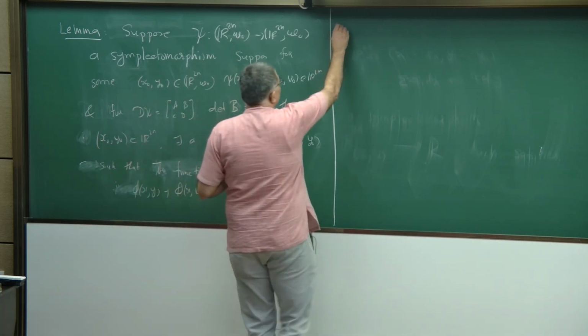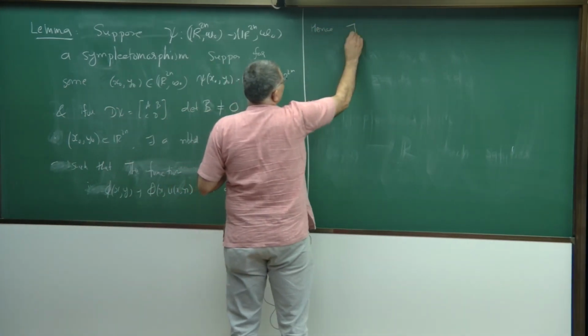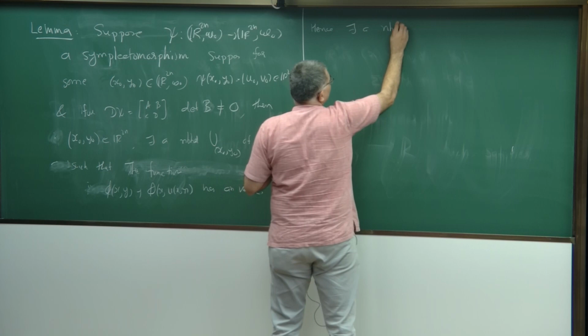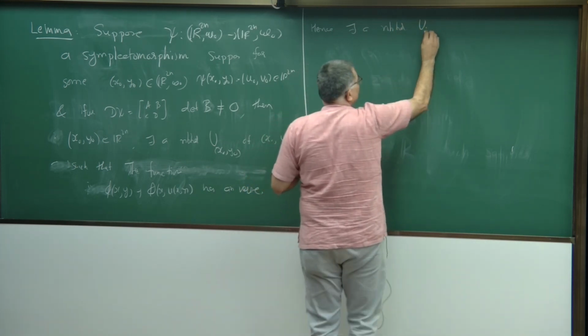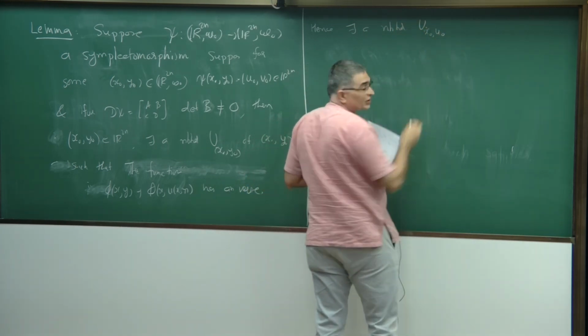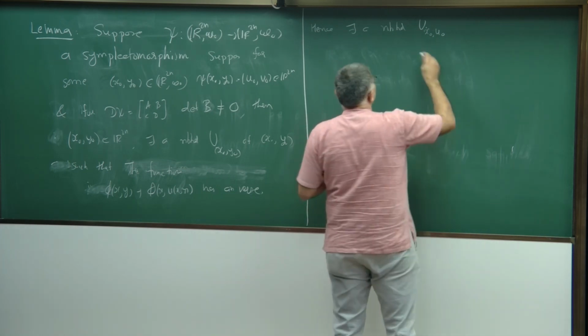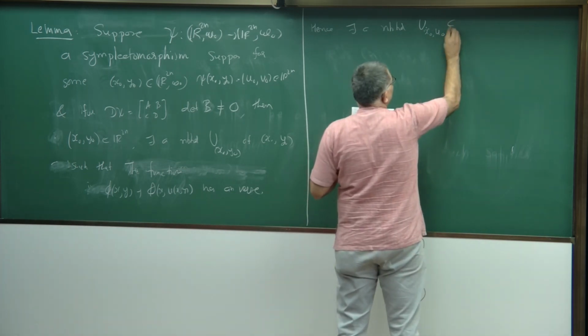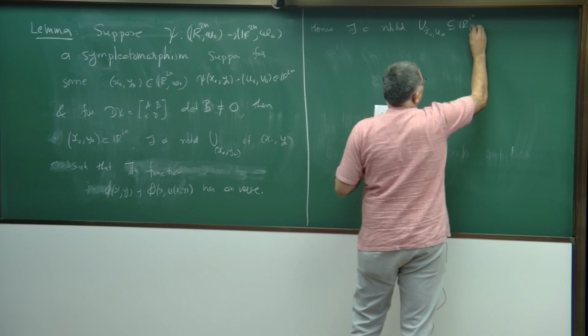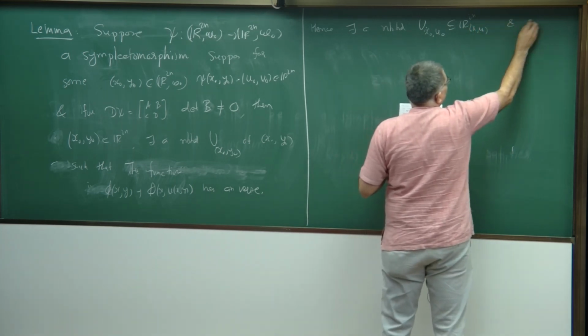Hence there exists a neighborhood U, which will depend on x naught and u naught, contained in R2n with coordinates (x, u), and a function